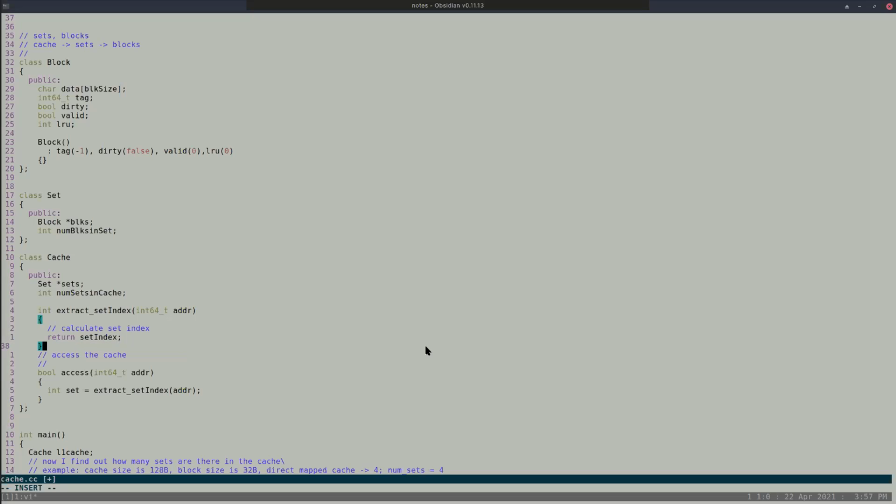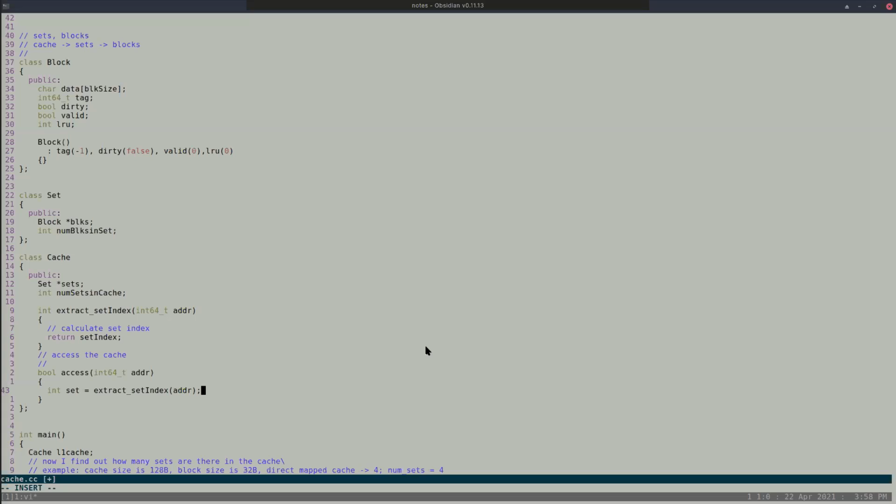Given an address, this gives me a set index. So now I have got the set, right? Now I'm trying to access, I got the set index, so I use the set index to go to a particular set. Now in this set, what should I do? Check for the tag. Yes. So I search for the tag. How do I search for the tag? You discard the index and block offset part of the address, and then, yes, right.